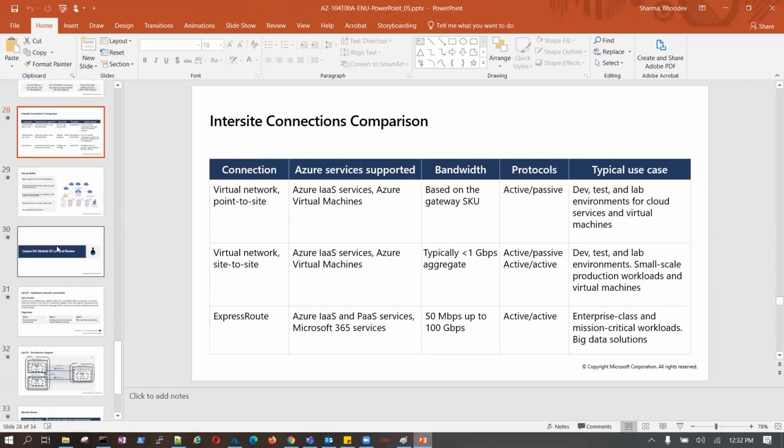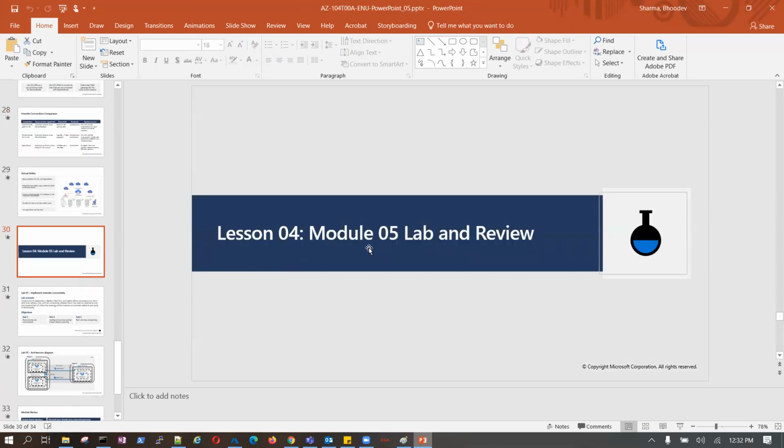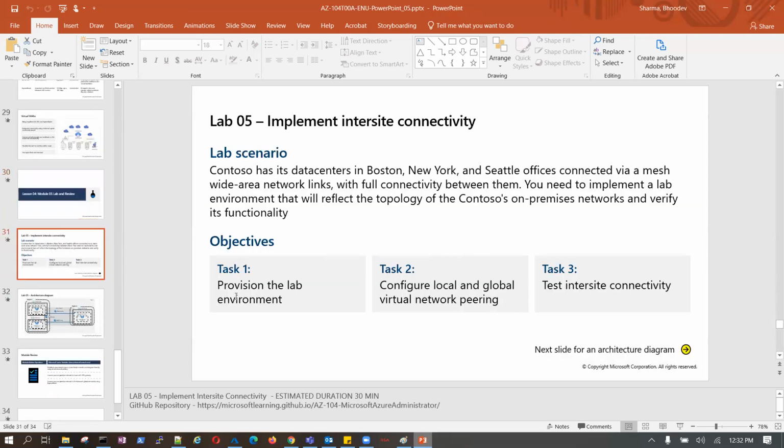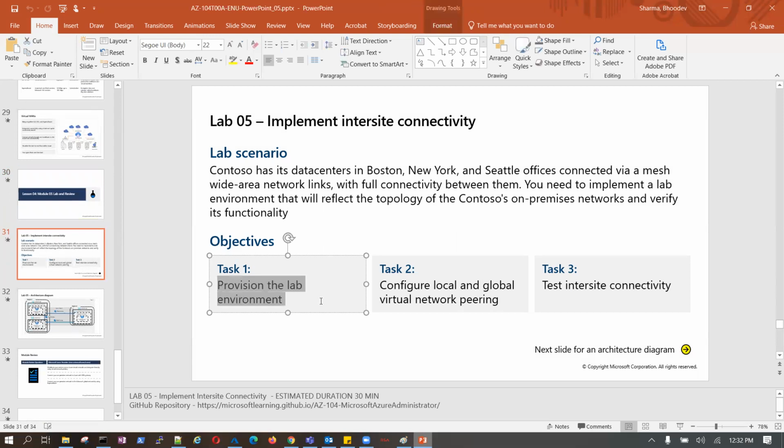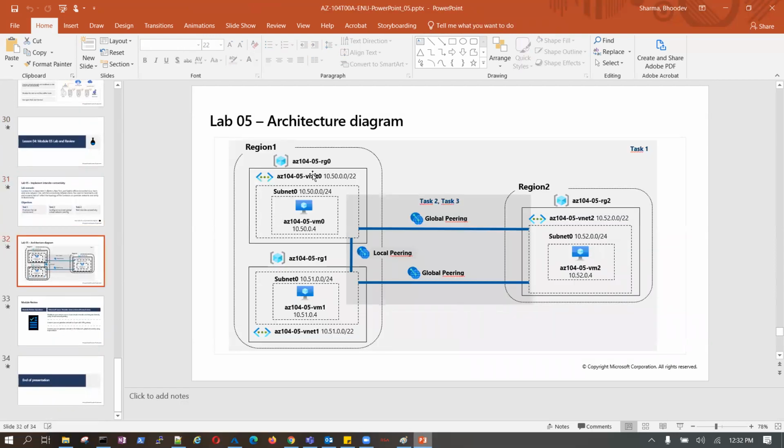Coming to lesson 4, lab and review. Provision the lab environment, configure the local and global virtual network peering, which we have already done. Test inter-site connectivity. This also we have done. Now, the architecture diagram.